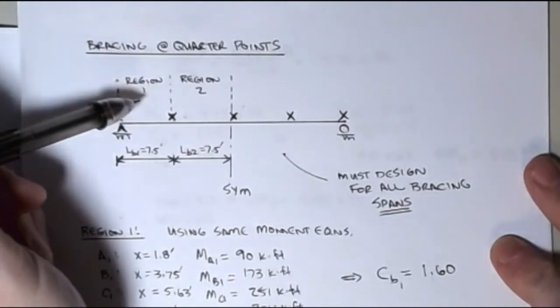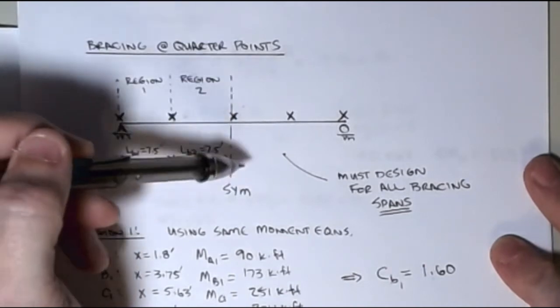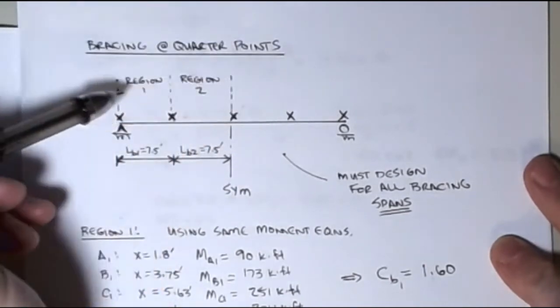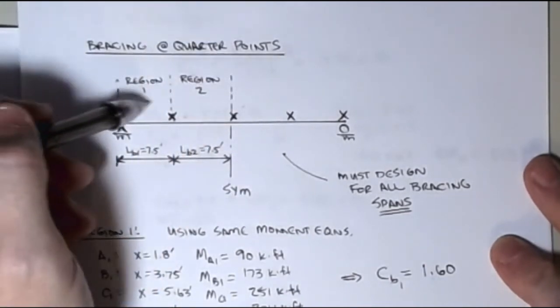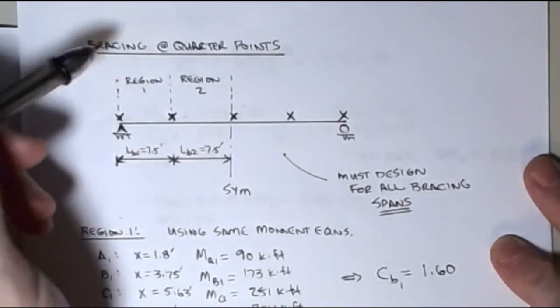Well, now you notice that we have 4 regions that we have to consider. Again, we're going to take advantage of symmetry because this side over here is the same as the side that we have over here. So I have 2 regions that we have to consider, okay? And remember, everything that we do in the design of these